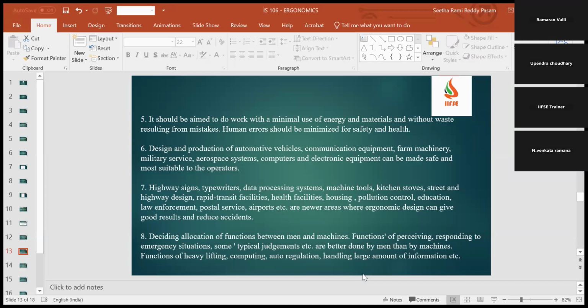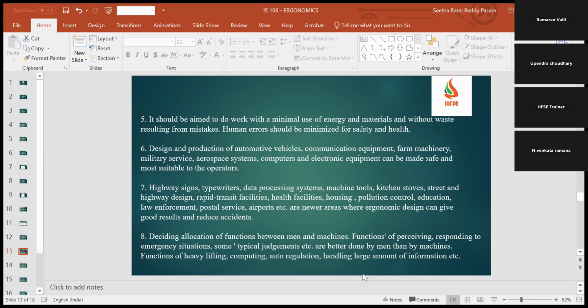Even previously, if you see the computers, first generation computers were room size. Nowadays we have a computer which is very handy, you can carry anywhere. That is also the best example for ergonomical design. Then even highway signs, typewriters, data processing systems, machine tools, kitchen stoves, street highway designs, rapid transit facilities,